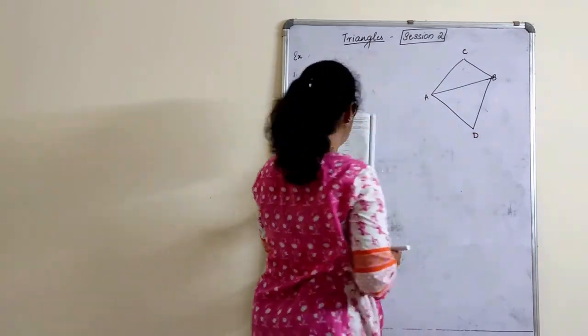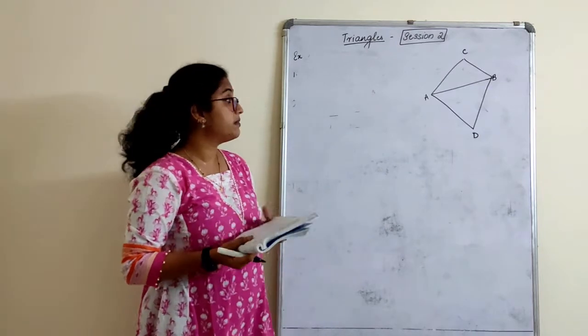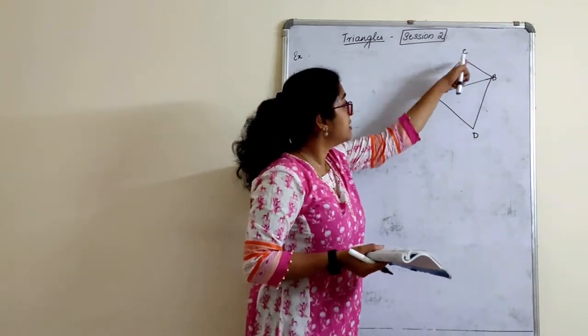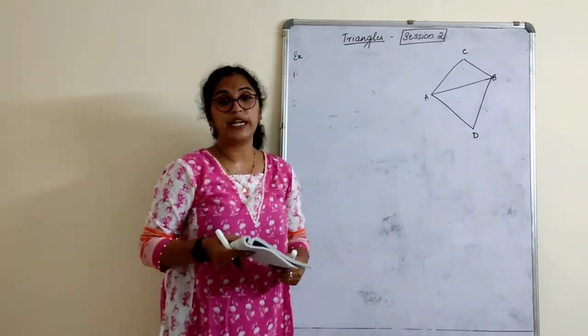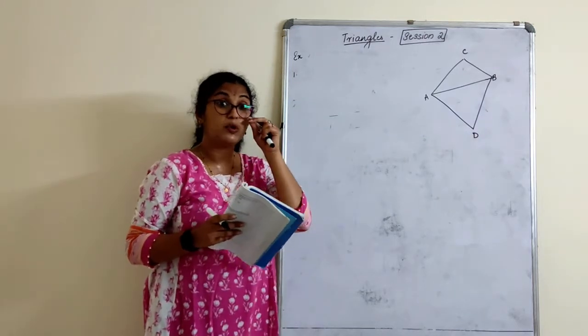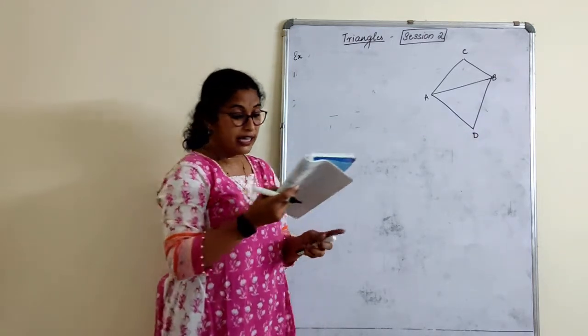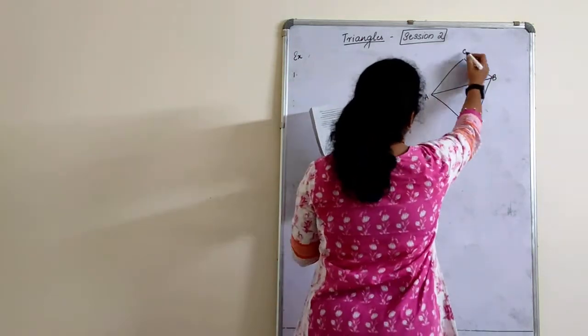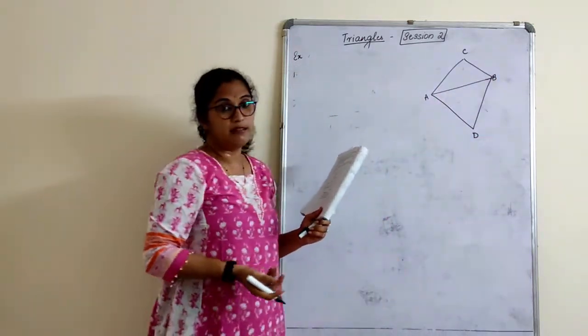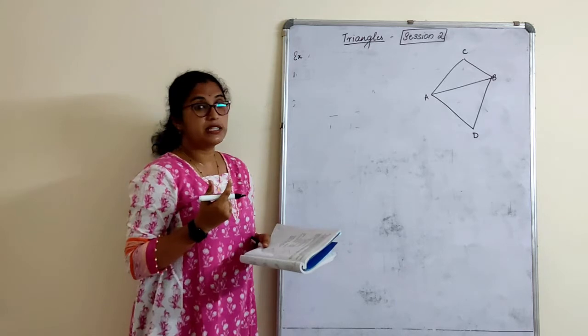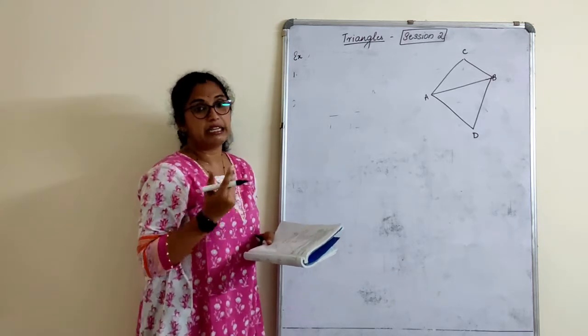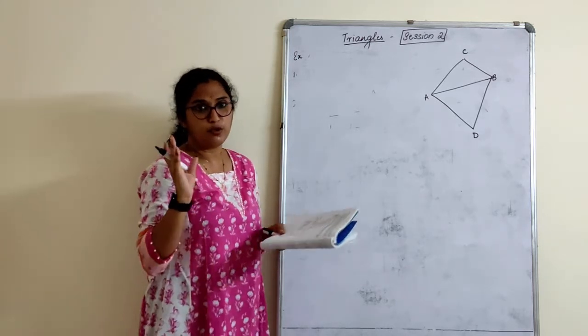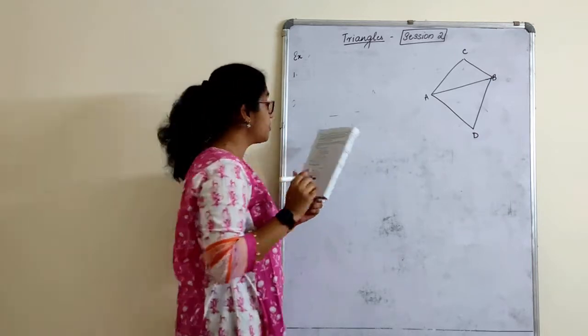If you see, children, this is not cyclic. What do you mean by cyclic? A, B, C, D. Usually we do not draw quadrilaterals like this. We don't write it. We don't mention it. Quadrilateral, okay, A, C, B, D. I read it wrong. It is read as A, C, B, D. But still, cyclic when you see it is A, B, C, D, no? It is read as A, C, B, D. The naming is given like that. We have to go with it. We can't make any changes.